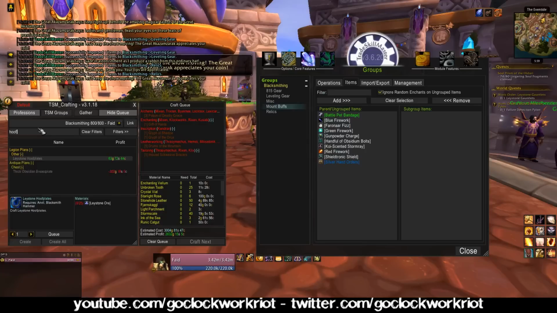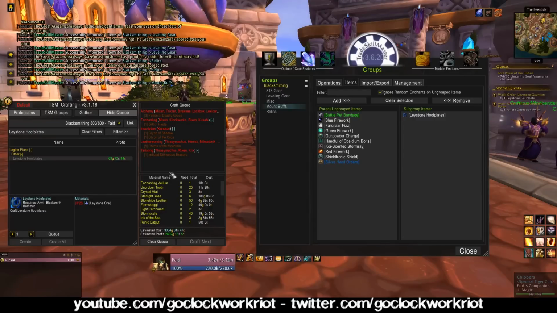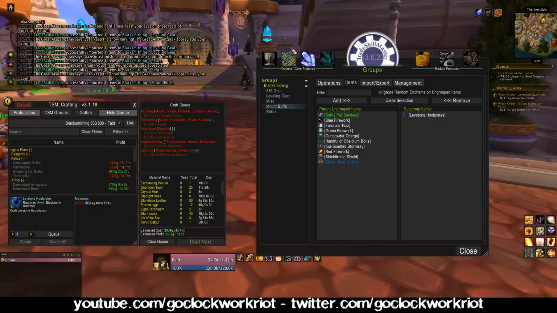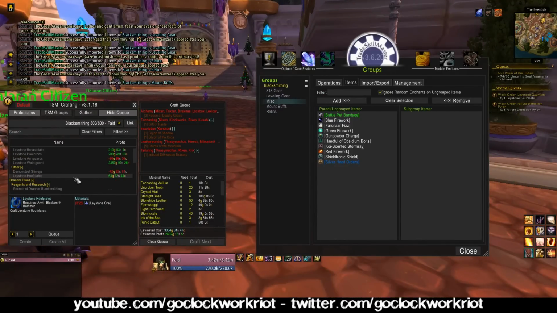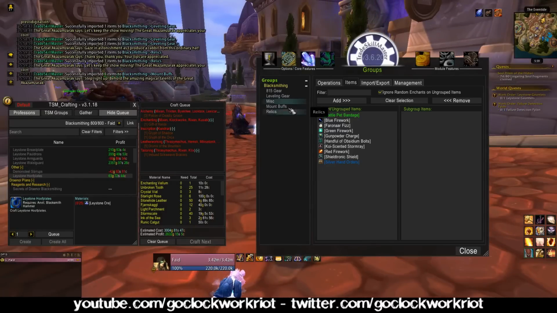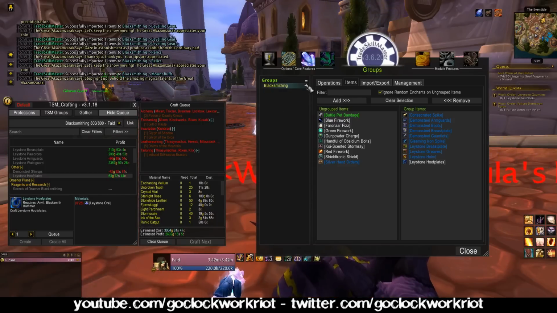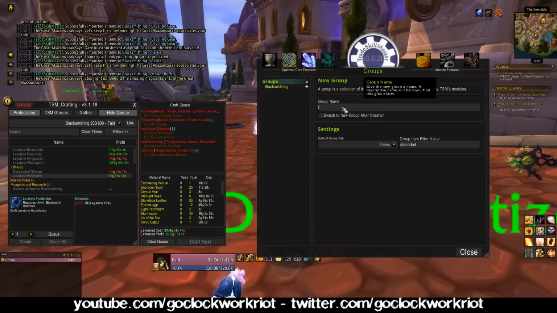Mount buffs. Let's get hoof plates in there. Alright, laystone hoof plates. There we go. So now, what would we want to put in misc? There's not really much for misc in blacksmithing, but let's go for engineering. So here we have all of our blacksmithing subgroups, and we'll deal with what we're going to do with the subgroups later. But for now, we're going to minimize blacksmithing, go back to groups,